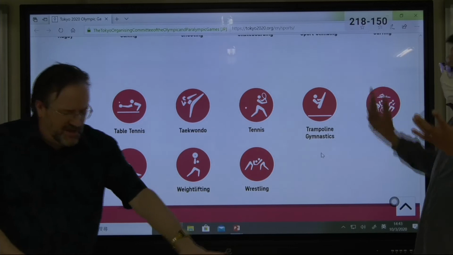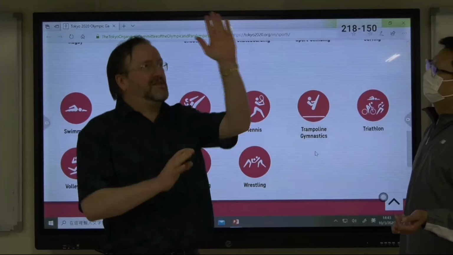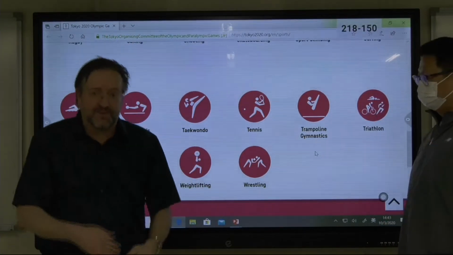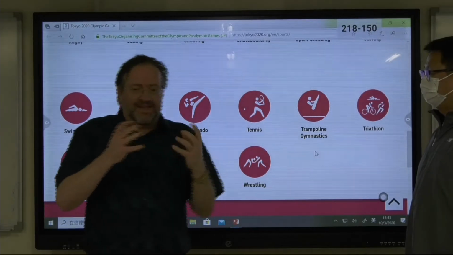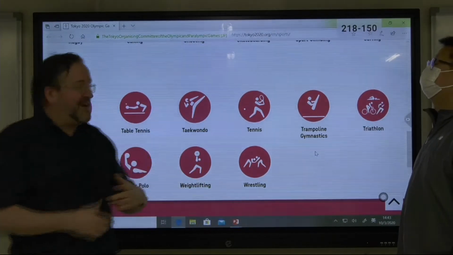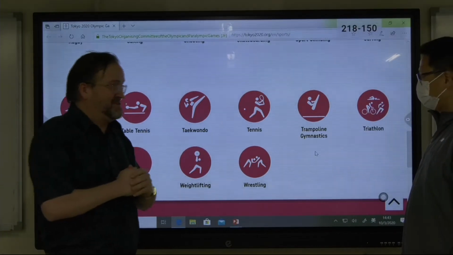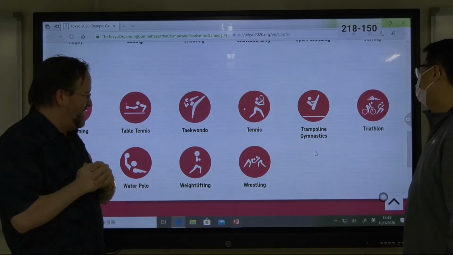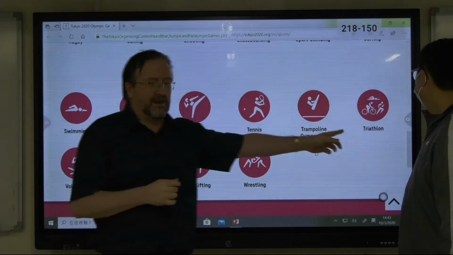Yeah, there's a trampoline on the ground and they have to run and then jump on the trampoline, go right up into the air and do spins and circles, and then they have to land on their feet without falling over. Even if they land and take a step, they lose marks for that. So it's a very difficult sport. It takes a lot of practice and it's dangerous because you can fall and land on your head, which doesn't seem too appealing. And I think the last one we'll cover, one more, is triathlon.